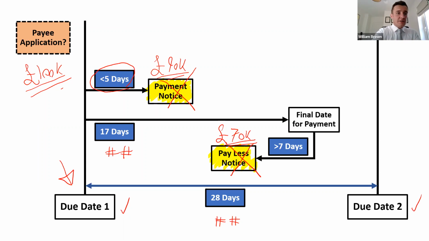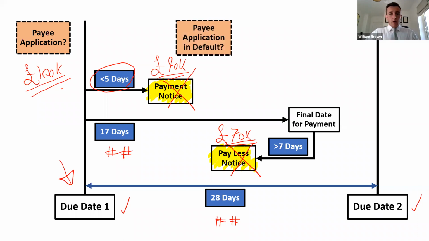So if the contractor asks for 100k and you do not serve that payment notice correctly, and you then fail to serve a valid pay less notice, the contractor is entitled to the full 100k. Regardless of whether or not they have done that work, you have to pay them that money by default. And if you're interested in that area, that's what we call, in a colloquial way, a smash and grab adjudication. It's a very common type of adjudication to see these days, based on a technicality of not serving one of those notices correctly.